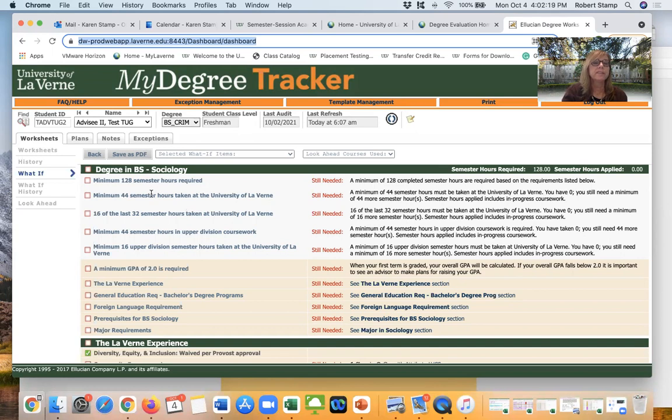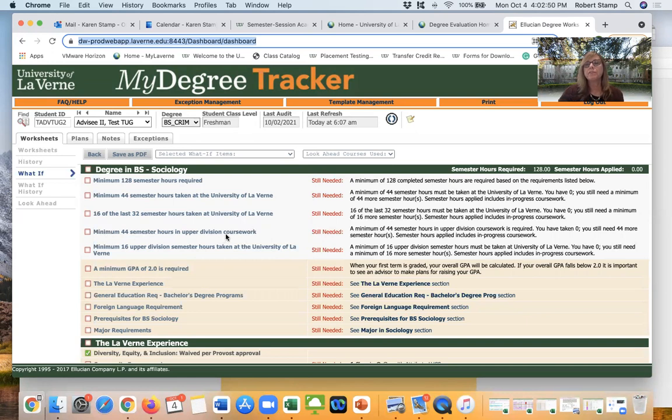Okay, then looking down this list, the one that I like to point out the most, although they all are necessary and they all need to be completed, is minimum 44 semester hours in upper division coursework. I want to point that out because if you have approved classes that you've taken someplace else and brought into La Verne, chances are really high that they were 3 credits and not 4 credits. We don't decide that at La Verne. That's decided by the institution that you took it at. So if it comes in as 3 credits, you could end up being a little short in the upper division